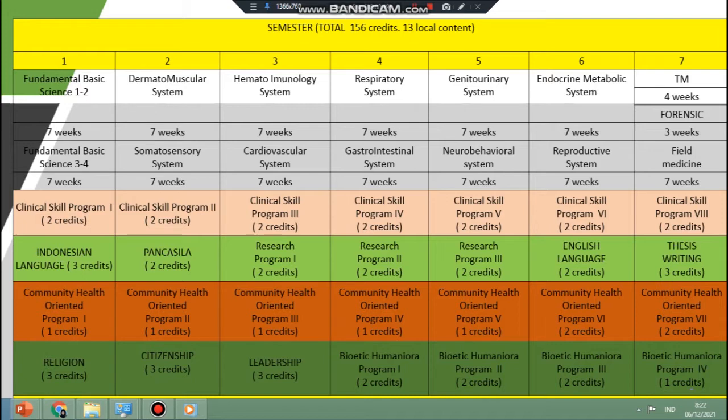Our curriculum is built on competency. In the second year, the content is more complex, such as the cardiovascular system and hematoimmunology system. The third year covers the genitourinary system, neurobehavior system, endocrine metabolic system, and reproductive system. In the fourth year, the students learn forensic, field medicine, and also thesis writing. Soft skills are more developed during the bioethic humaniora